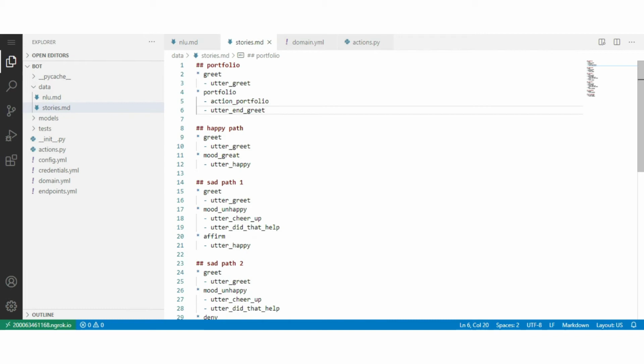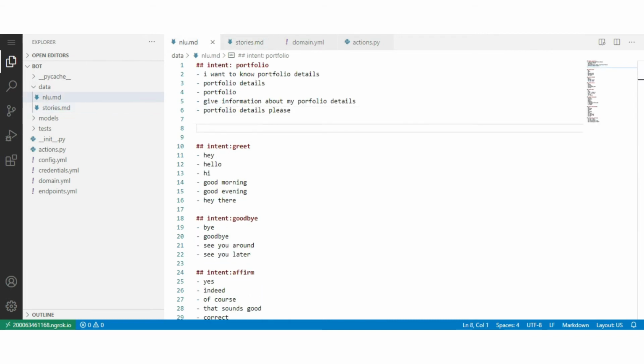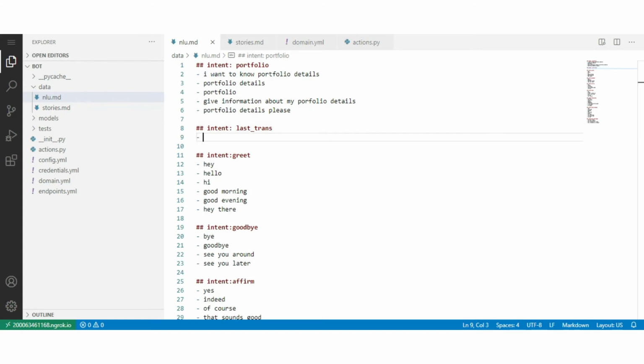So move to the NLU file, create an intent last transaction. Now add a few sample ways of saying give my last transaction detail. For that, type.